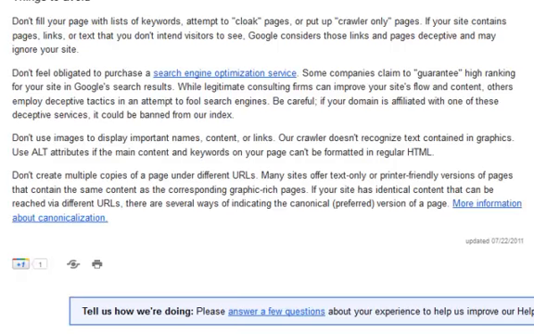That's what they're suggesting, obviously telling you not to do there. They say here, don't feel obligated to purchase the search engine optimization services. Some companies claim to guarantee "high ranking" for your site in Google search results. While legitimate consulting firms can improve your site's flow and content, others employ deceptive tactics in an attempt to fool the search engines. They said, be careful if your domain is affiliated with one of these deceptive services, it could be